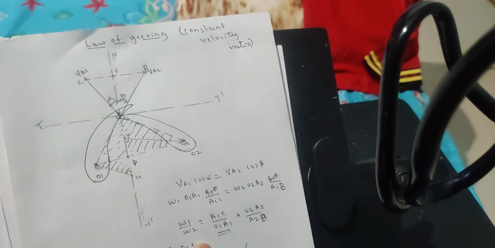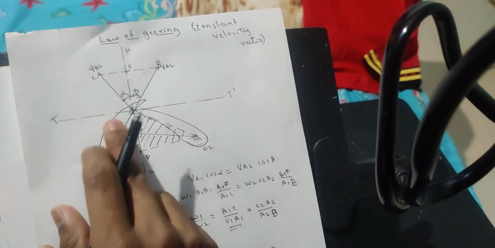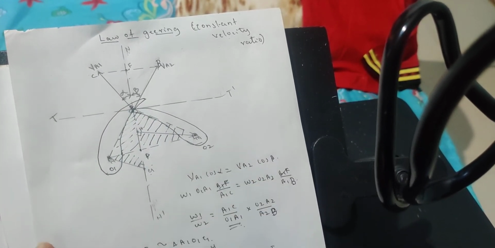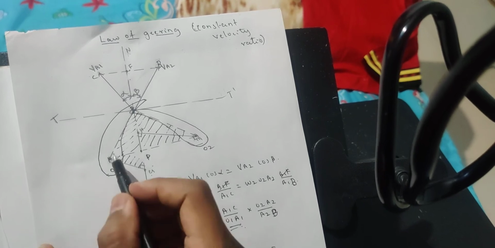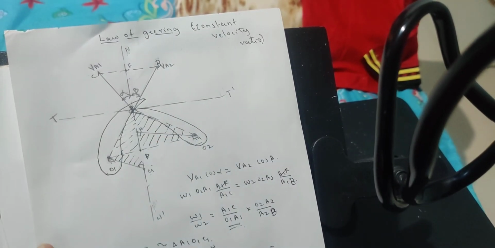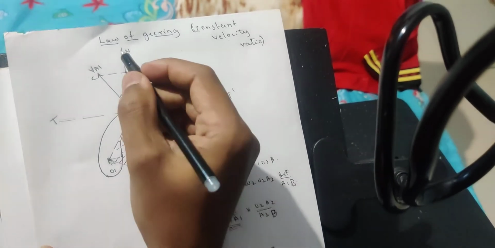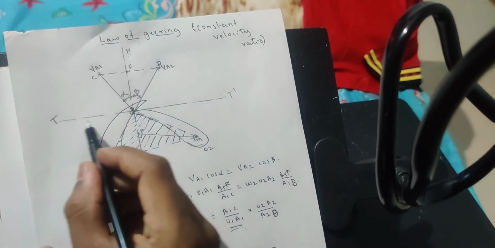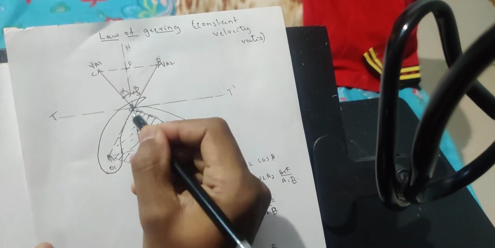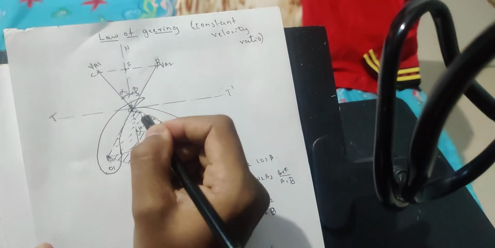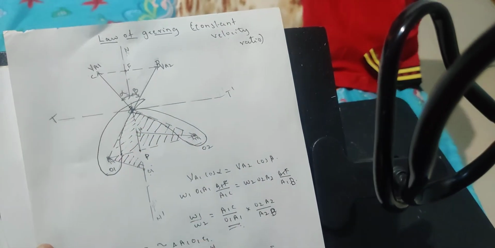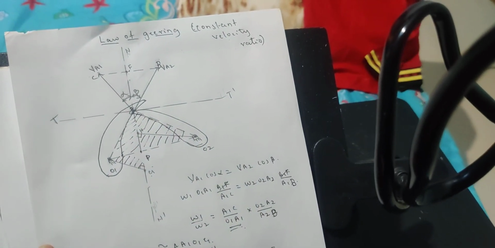I'll explain once again what we did. We took two contact bodies, and they had two different radii of rotation, that is, fixed points, and they meet at a particular point A. When they meet, I draw a normal to that point and a tangent to that point. Whatever the line is here, this is the radius of rotation of point A. When I'm talking with respect to body 1, I'll be naming it as point A1.